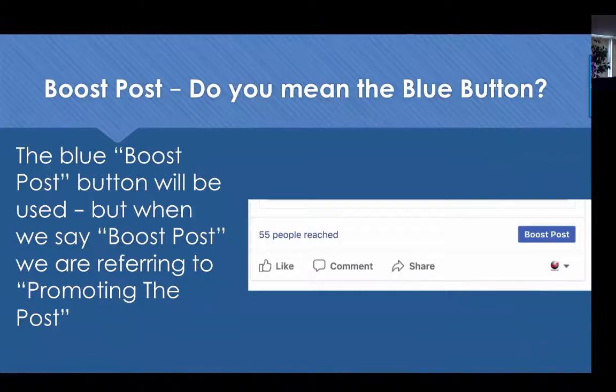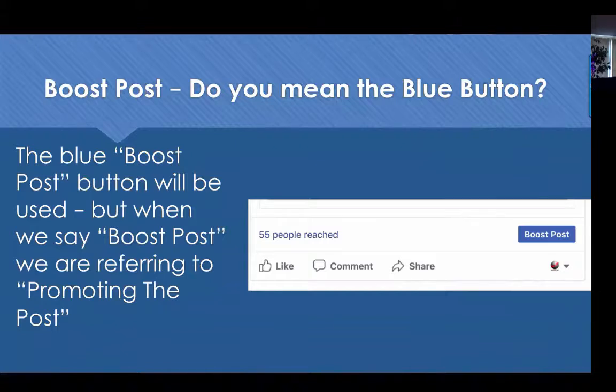Yes and no. When I use the term boost post, it's going to mean promoting your post. Now, Facebook makes that boost post option on your business post very visible because they want you to spend money. And if you do everything else I teach you to do, meaning that you create custom audiences, you save these audiences, you upload your client database, then you can use the boost. You got a lot of likes on your business page. You can use the boost post very effectively, and that's a very easy way to do it.